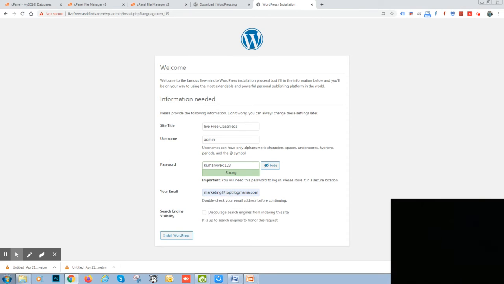Okay, and here the last option they are asking is search engine visibility. Do you want to make your website visible on search engines or not? So if your website is at the staging stage, meaning the development stage, and at that time you don't want your website to be crawled, in that situation just click here so that your website will not be crawled.